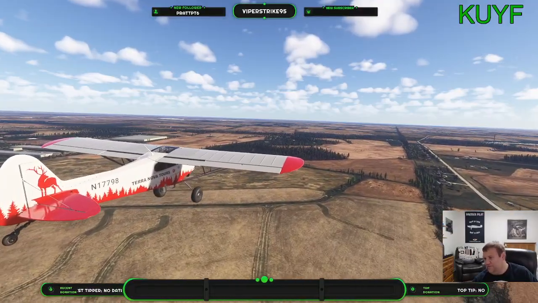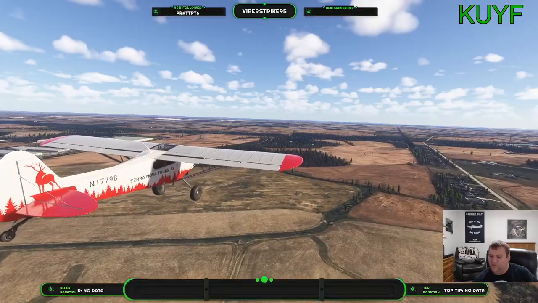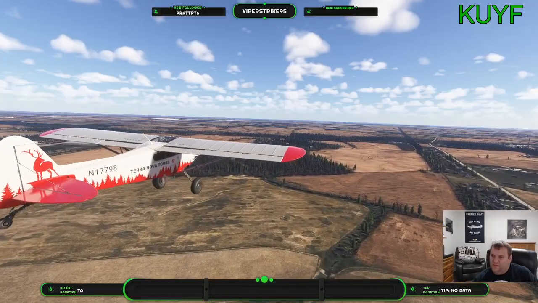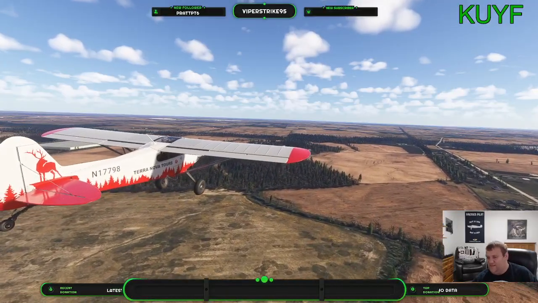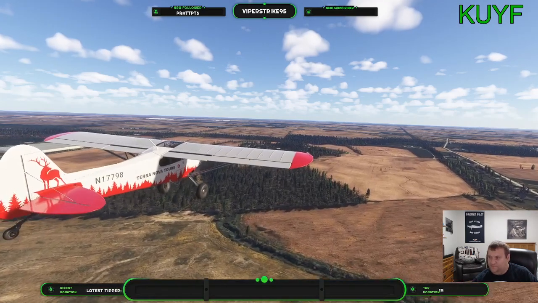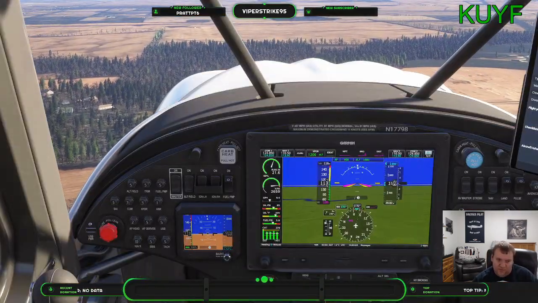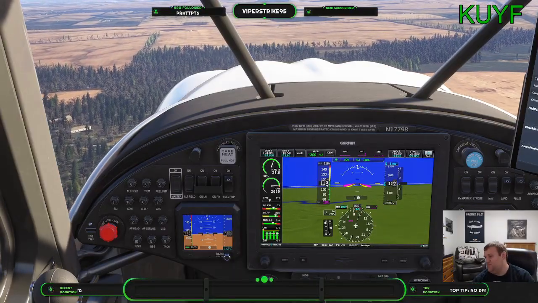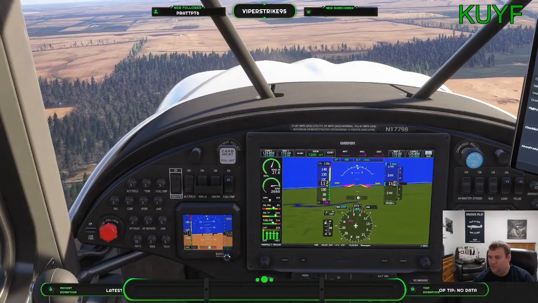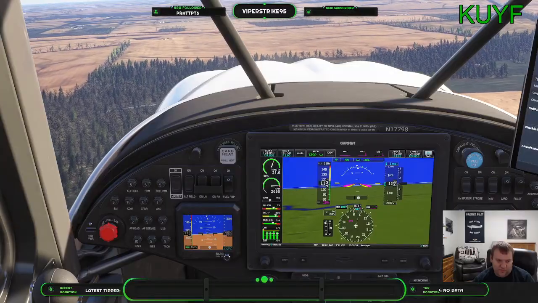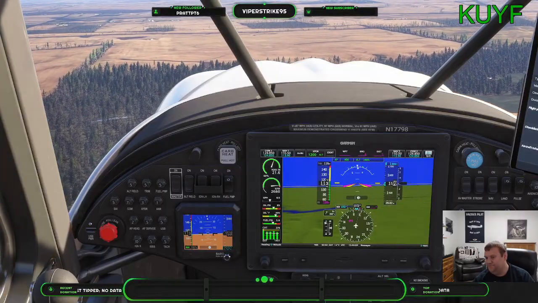It's pretty fun to fly out of. But like I said, tons of really good options. And of course, you can't go wrong with bush flying in Alaska. I can tell you that much.